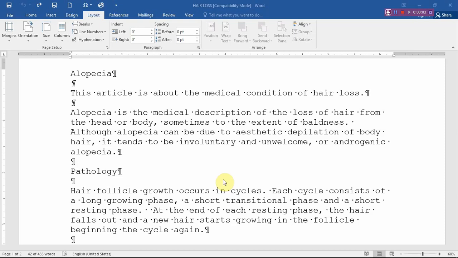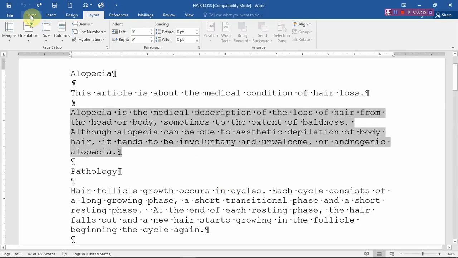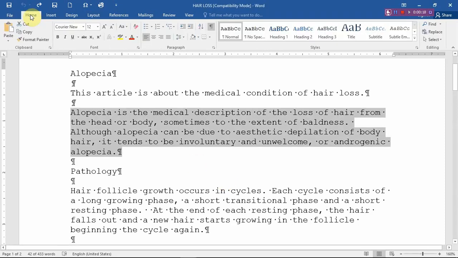Okay, everybody, this is video 2. What we are going to look at, first of all, is indenting a paragraph. And secondly, we are going to look at changing the margins of a specific paragraph. Okay, so